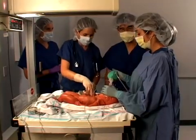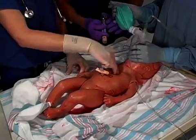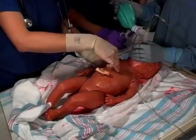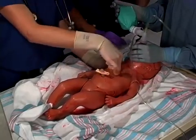How can I help? We're about ready to go ahead and intubate. Do you think we can get equipment? Laryngoscope. We have a 3-5 endotracheal. Okay, hold compressions. We're going to go ahead and